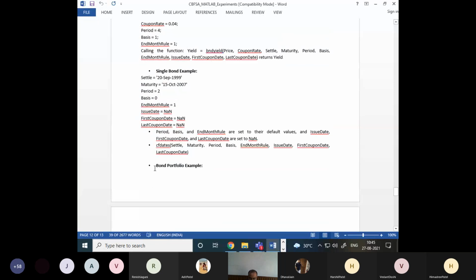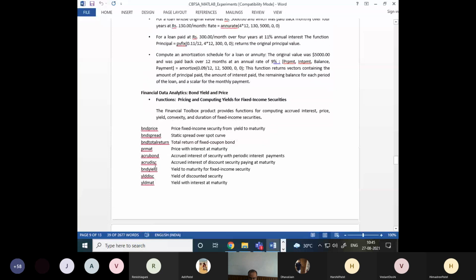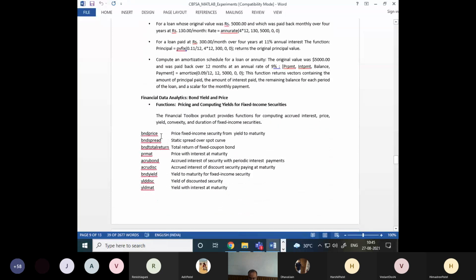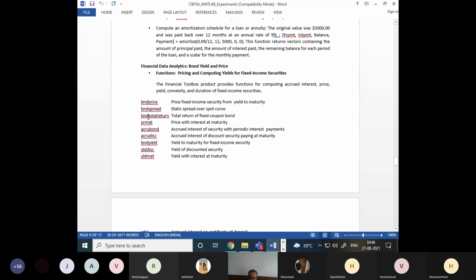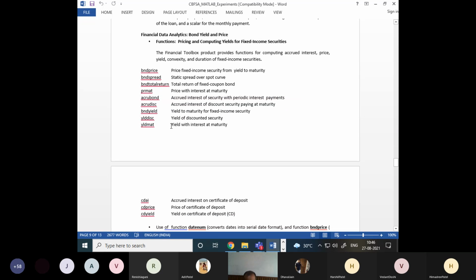A small experiment. Now, last, we go to bond yield and bond pricing. There are some functions related to bond yield and bond pricing. I give you a one-minute break to think on experiments 1C and 1D. If you have any doubt so far, you can ask me, or otherwise we go to the next financial data analytics topic, which is bond yield and bond price. We will take one more lab session to complete fixed income securities and other simple calculations, and then we go to portfolio optimization in MATLAB.